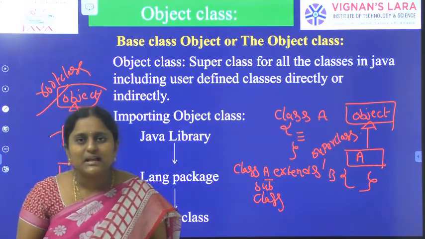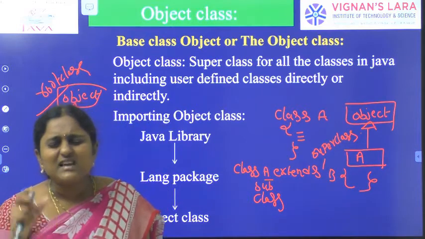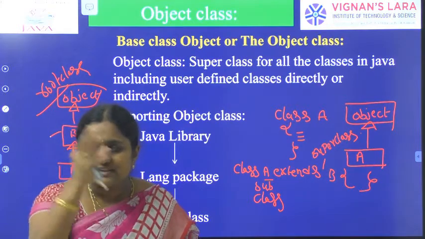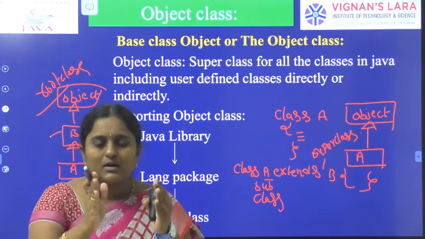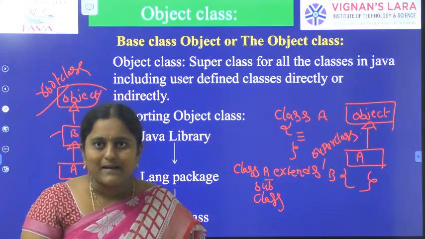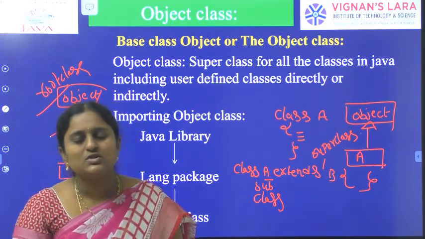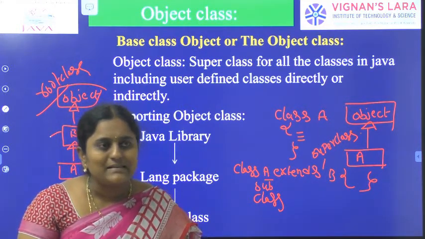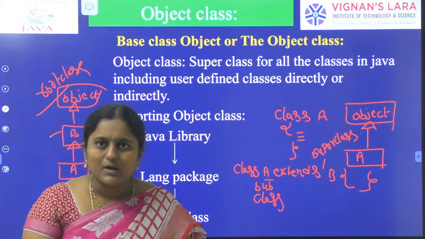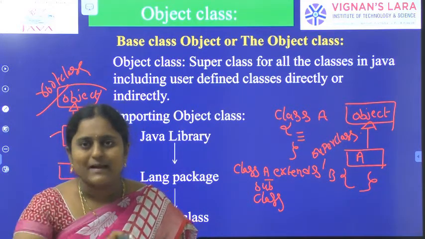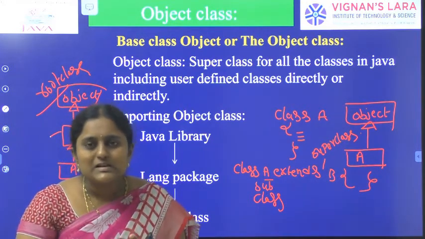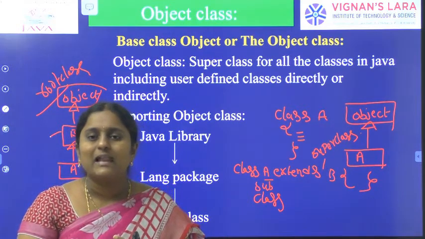We need not explicitly import the lang package. Even a simple Java program of 2 or 3 lines, for example to print some string on the console, depends upon the lang package. The required classes and interfaces for any basic Java program are present in the lang package. So every Java program directly or indirectly depends on the lang package. That's why it is a default package, and users need not explicitly import it.